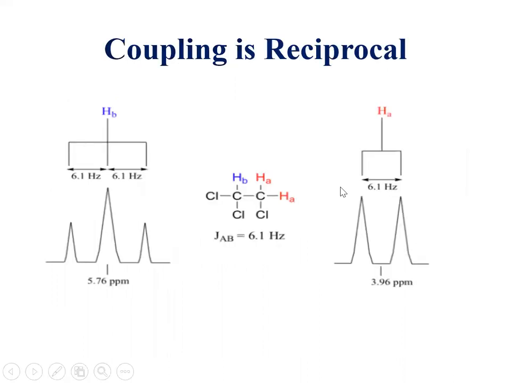Okay, here this is a triplet and this is a doublet, and we can see this is one peak and this is another peak, and the distance between the centers of these 2 peaks is called J, the coupling constant. In the same way, this distance is J, this distance is J. Okay?